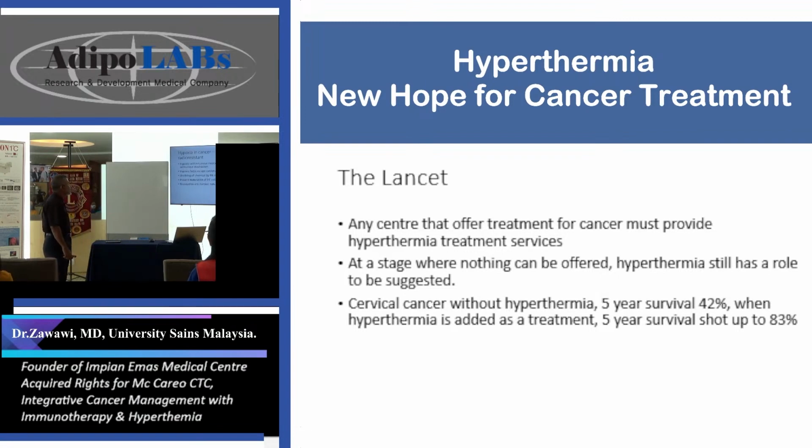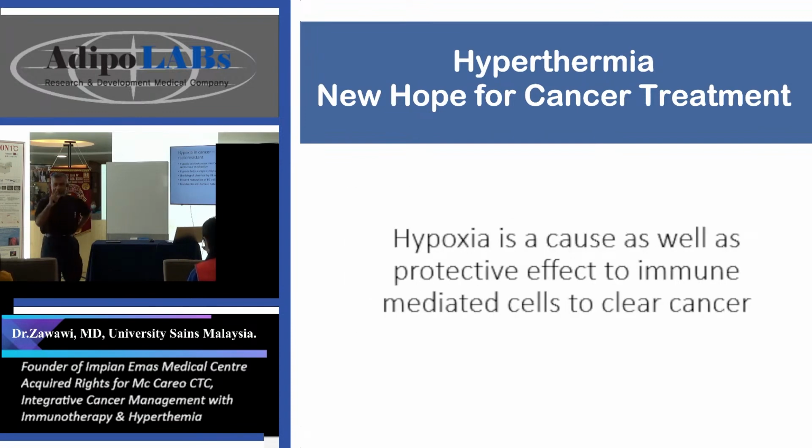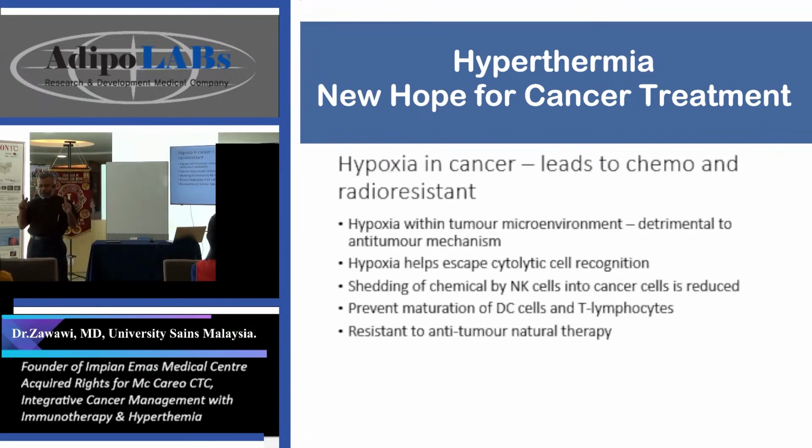Right. So this is the detail of the second slide. The slide I said, the one slide is enough. We can go home. We can stop and go. So this is more detail on the effect of this hyperthermia. This is an example in a journal,